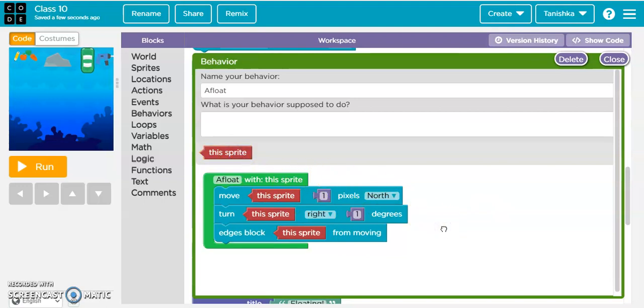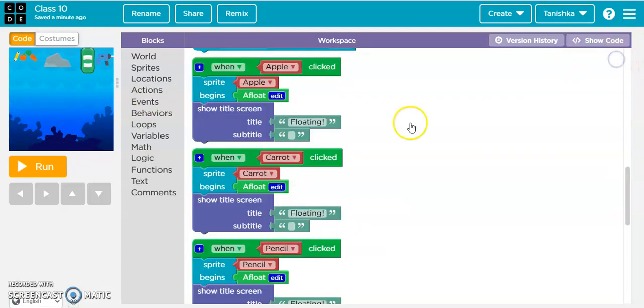Pixels are steps. Edges block the sprite from moving means that the sprite is not going to move out of the screen. So this is the code for the float behavior.